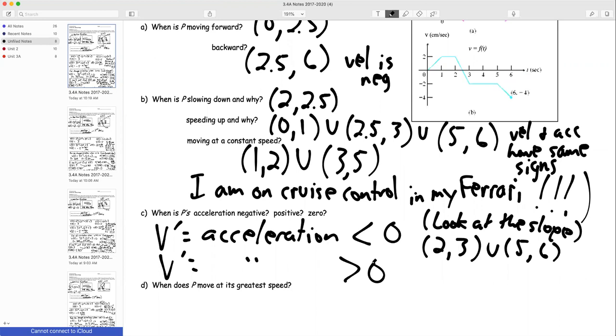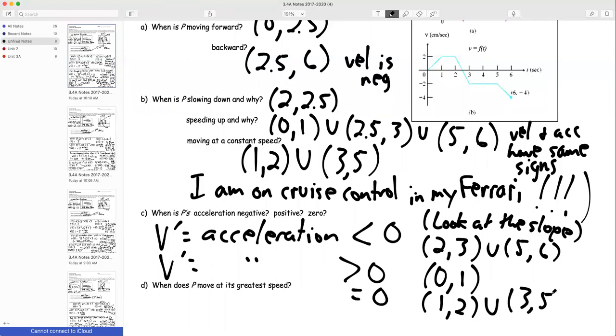Any others? No. And then they ask when the acceleration is 0. And so it's got to have a slope of 0. So it's going to be a straight horizontal line. And that occurs from 1 to 2, and then 3 to 5. Okay, so